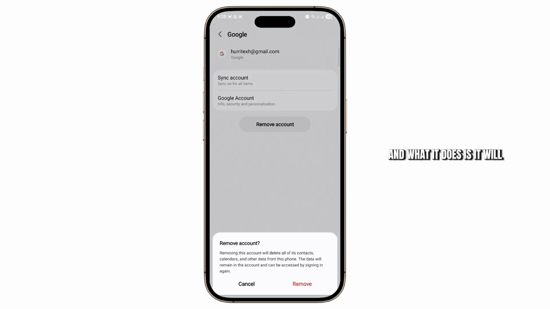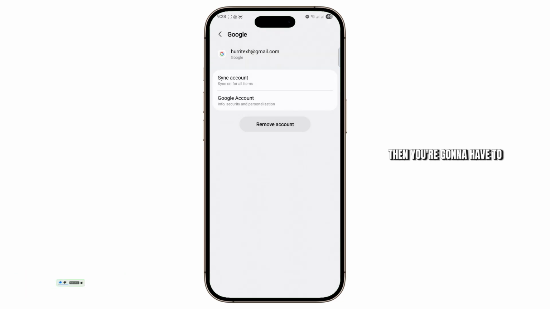And what it does is it will delete all of its contacts, calendars, and other data from the phone. This data will still remain on your account and can be accessed by signing in again. So if you're sure that you want to remove it, tap on remove. Then you're going to have to provide a PIN or password to your phone and it will be removed. So it's as easy as